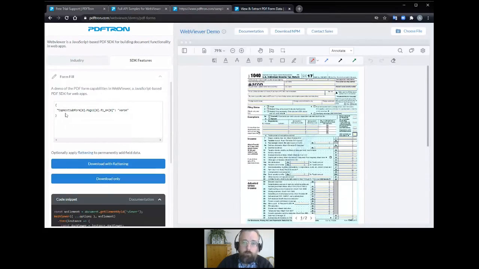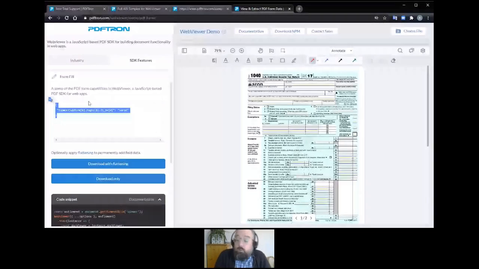Again, this is a bit of custom code that runs whenever that event is fired, and it's creating this JSON and just displaying it in here. But what we're trying to show is that you could do anything at that point. For example, if you had a database in your backend where you had a lot of user information already, let's say that people have been filling out these 1040 forms quite a bit, and maybe I filled out my name and address already, and that's in some backend database. Well, what you could do is, when that event is fired off, go back to that database,